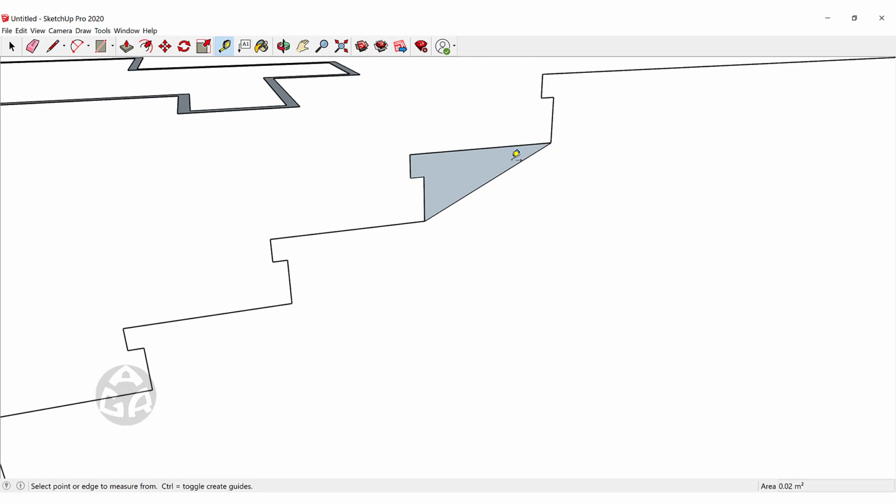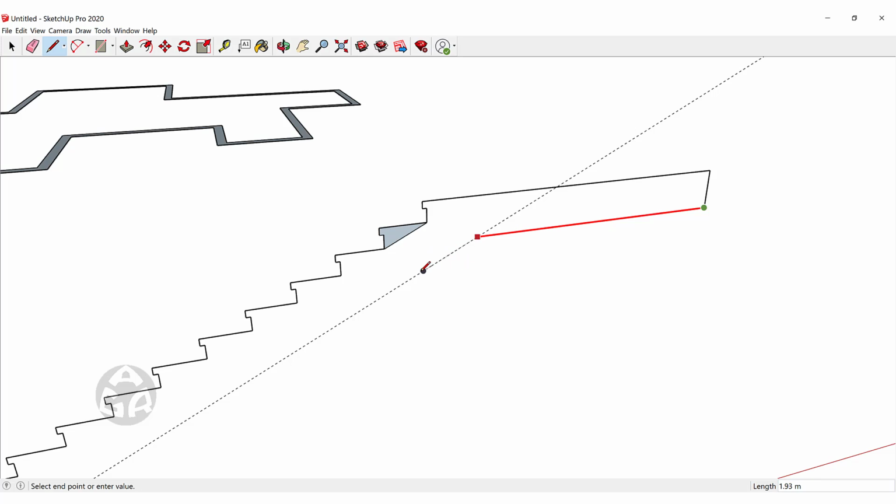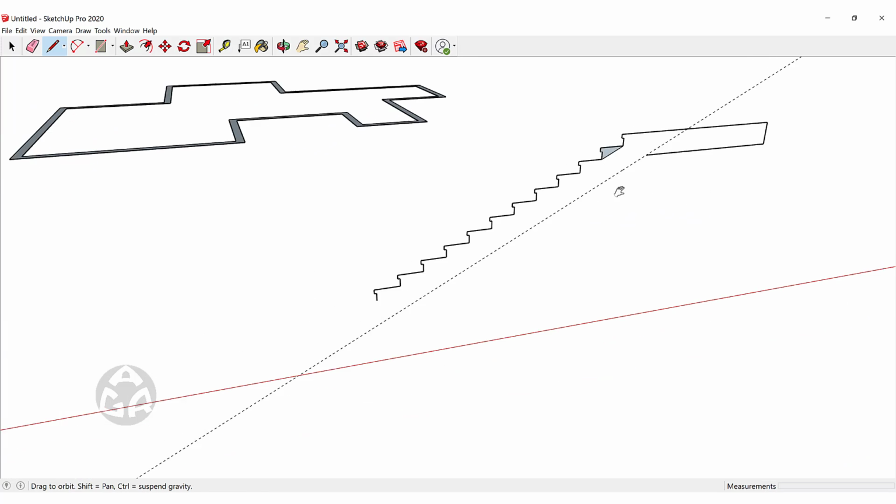So I could just press the T on our keyboard and just click and then move my cursor, and you can see that it turns pink, and this indicates that it's parallel to that line that we drew. So I could just type a value like 30 centimeters, and now I could just click on this point and then move it into the red axis and just click on this line, on this guideline, and then